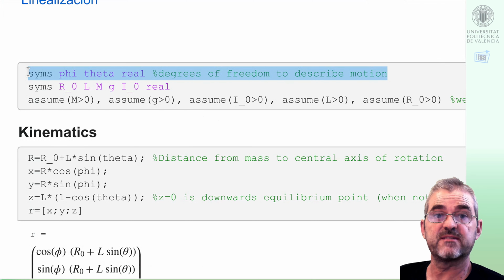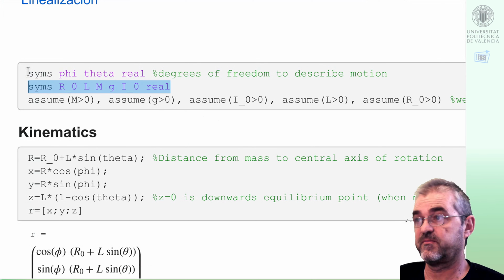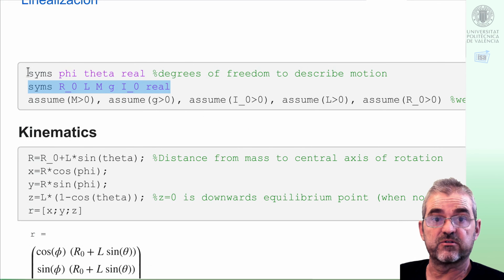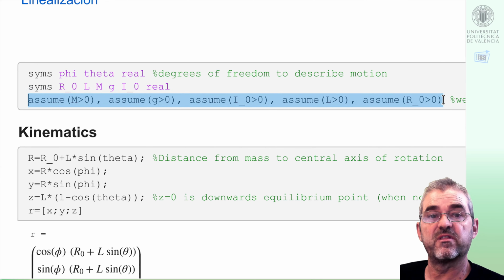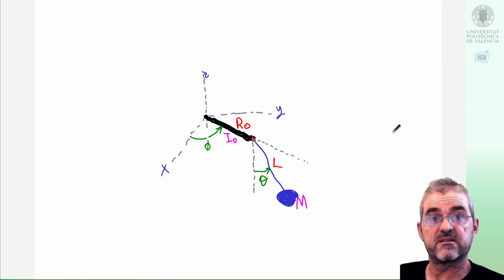So we will define them as symbolic variables in this line, and in this line we will define also symbols for the constant parameters of my model: moments of inertia, masses, a couple of lengths, and the gravitational constant. In order to help MATLAB with the simplifications to put things in pretty form, I will tell MATLAB that all this stuff is going to be positive, just in case it helps. So, once we stated our problem, determining the equations of motion of this simplified carousel model,